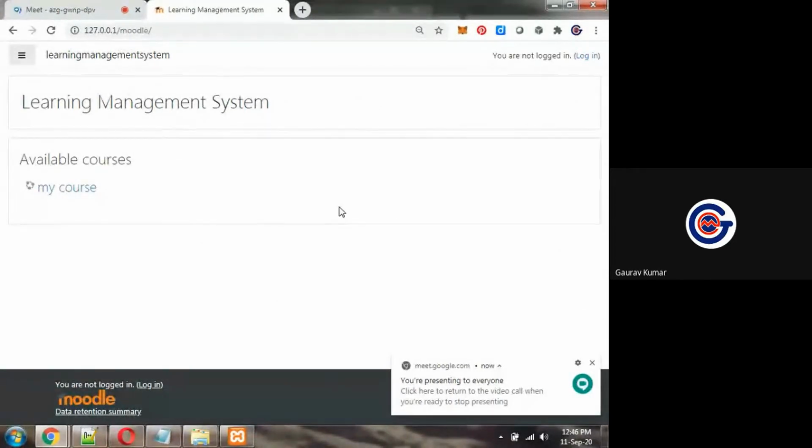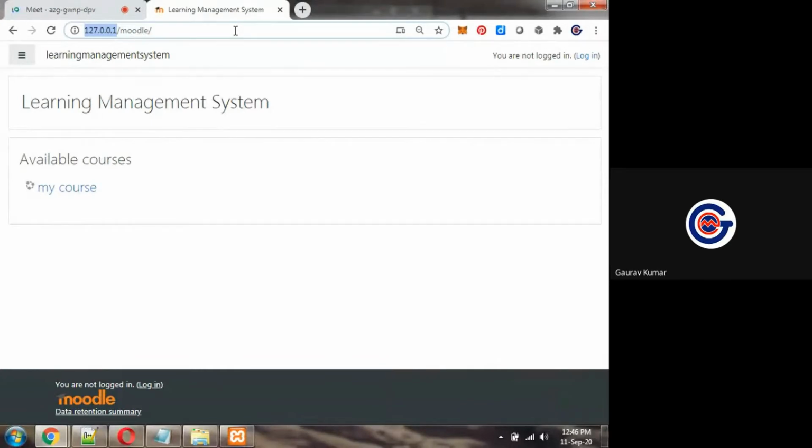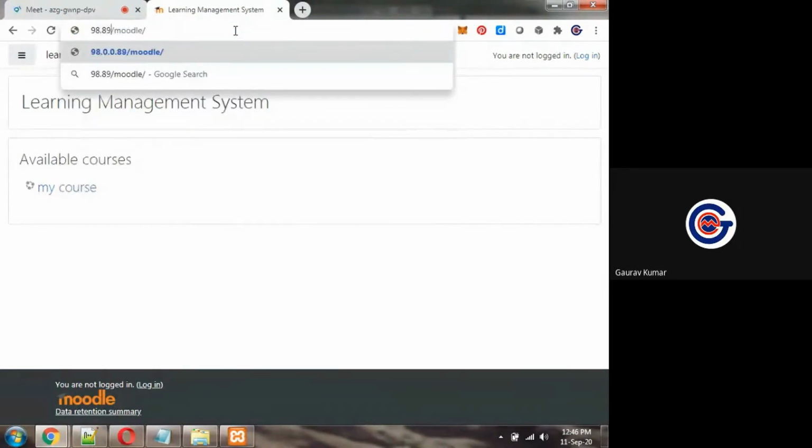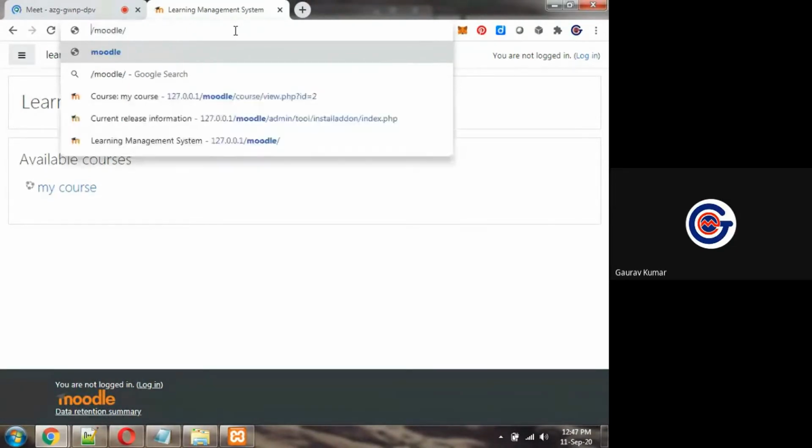Now you can see that this is the deployment. When I have prepared my Moodle completely and configured my courses completely, after that I will purchase an actual IP address from BSNL, from TCS, from Airtel, or from Vodafone. Suppose from some company I have purchased an IP address like 98.89.100.10. In that case, this will be my real-time IP address, and I will have to pay for it. Obviously I will not give this IP address to my participants, to my students, because it will be very difficult to remember.